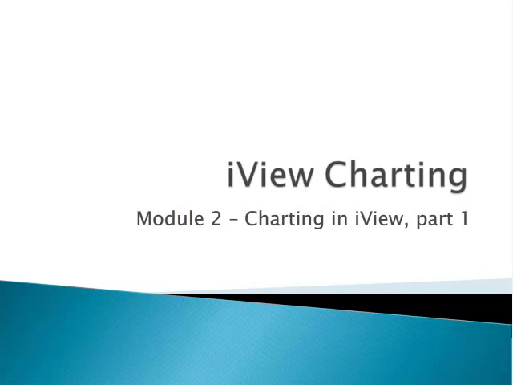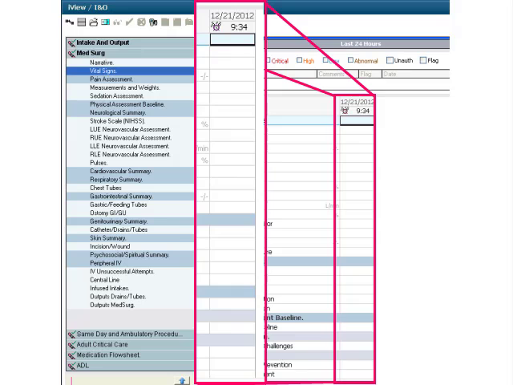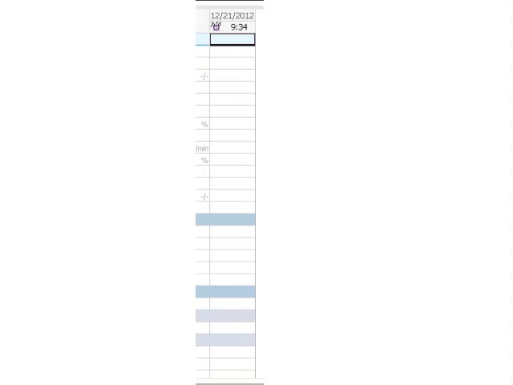In Module 2 of iView charting, we'll take a look at the basics of entering information via the iView. Before we begin practicing with entering data onto the iView, let's look at how the columns are set up. Unless you work in a critical care area, the default setting for the times in your iView column is actual time. This can be changed to an interval view if you desire, but generally it is best to leave this